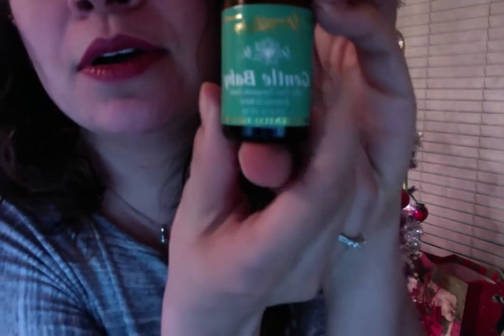Oh, Gentle Baby helps me so much. Number one, when Madison would get fussy and I would think of anything and everything, like, okay, she's teething, I'll give her my oil for that. She's got Copaiba. She must have some kind of tummy pain, I'll do something for that. If nothing else works, she won't eat, Gentle Baby. I would rub it on myself, on my stretch marks to be exact,